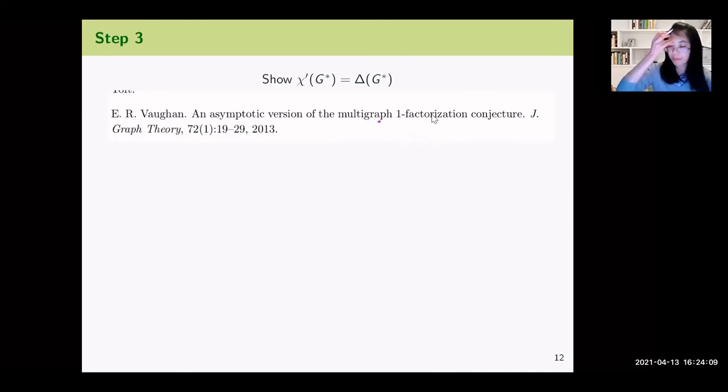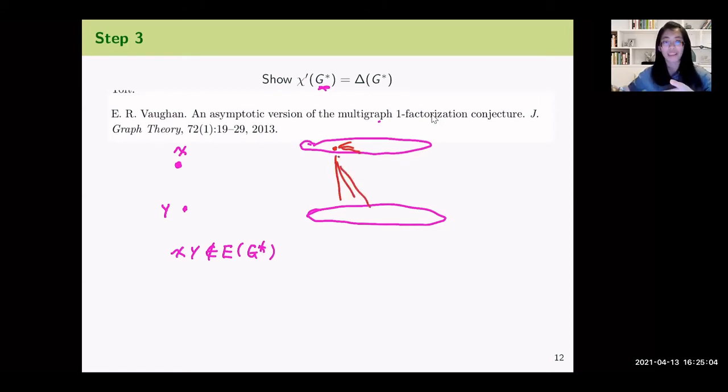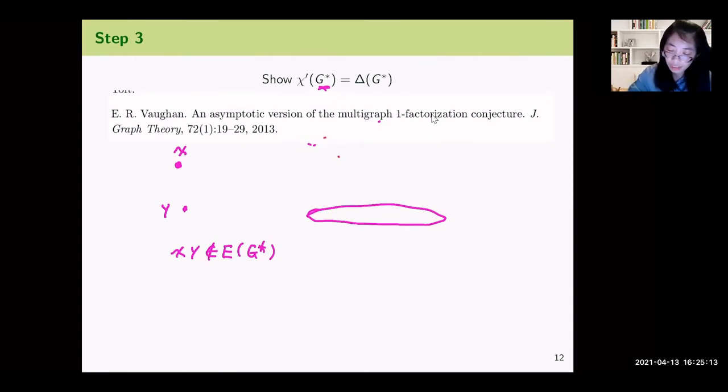So basically, for the first step, I will do a partition of the vertices of G star. This vertex X is kind of a special vertex, so from the graph I will pull out this vertex X together with a vertex Y, such that X and Y are non-adjacent in the graph G star. And now I will have n minus 1 vertices, so n minus 1 is even. So I just try to find a balanced partition, using a probabilistic argument. You can make sure that each vertex has approximately the same degree in its own part as in the other part. So we get such a partition. And then after this partition,